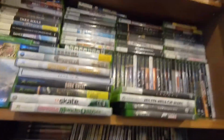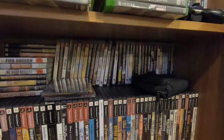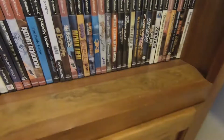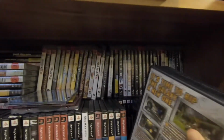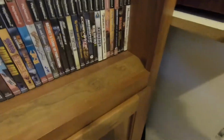Next I got my PlayStation section here. This is my Sony PlayStation section. PS2 games in front, and these do go too deep too, so if I were to pull these out you would see more PS2 games in back there. As far as super expensive rare ones go, or ones that I just think are cool,